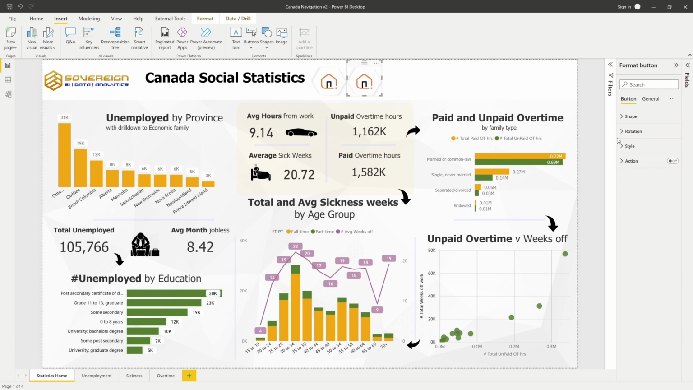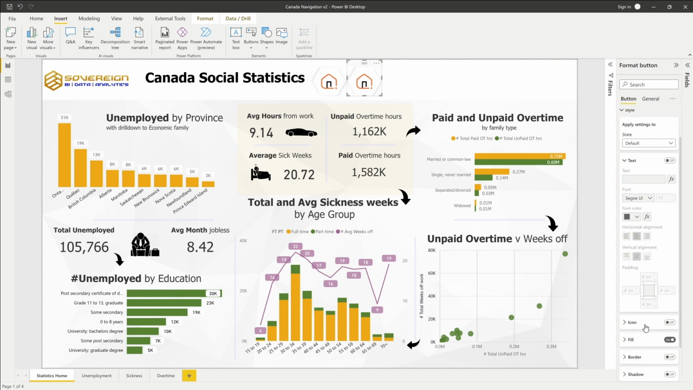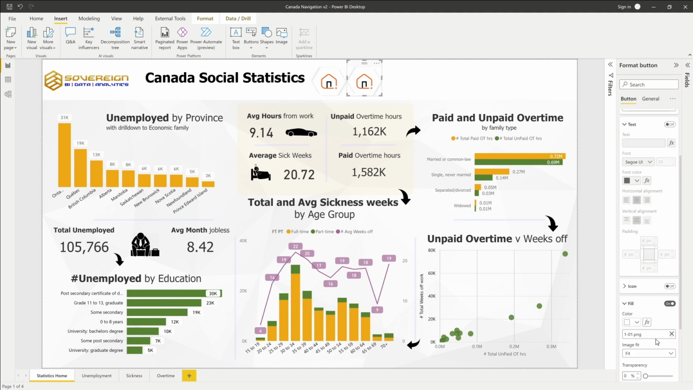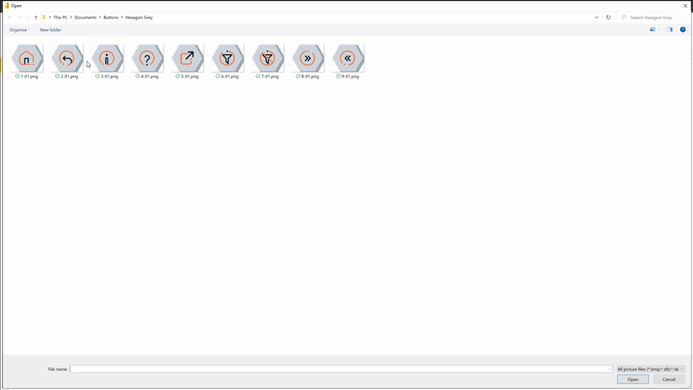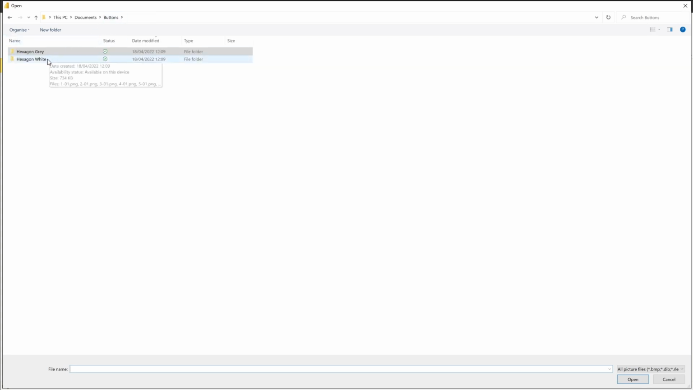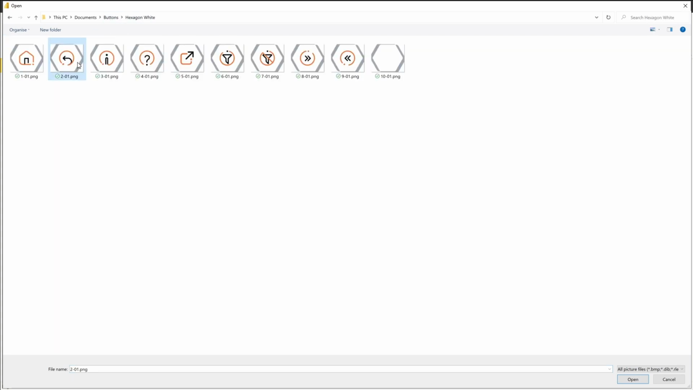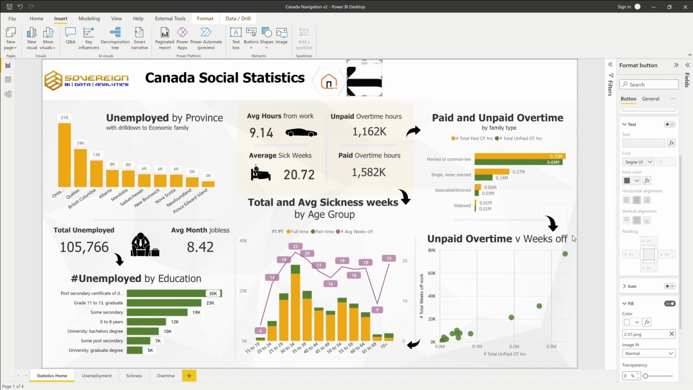So I'm going to click on this, expand the style. I'm going to go down to my fill option. I'm going to remove the existing image there, browse, select my number 2, make sure I've got my white option first, select the image fit to fit,